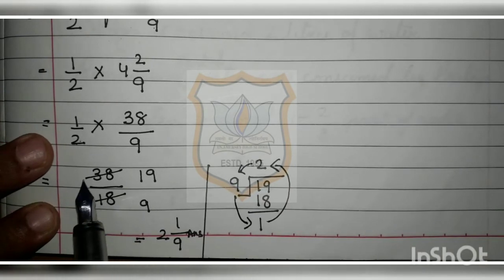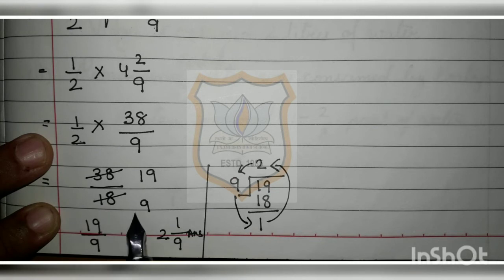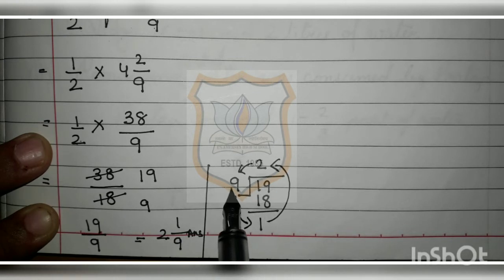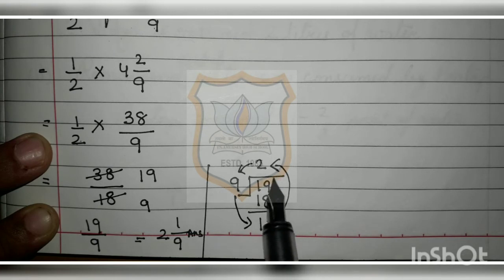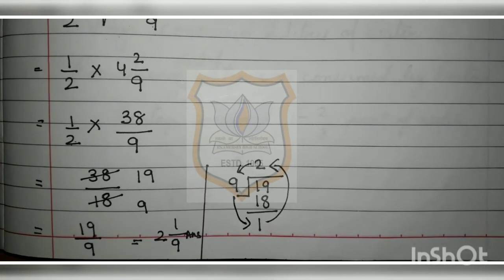Now we will cancel this 38 and 18 by 2. 2 19s are 38, 2 9s are 18. Now our improper fraction will become 19 upon 9. We will convert this improper fraction into mixed fraction by dividing 19 by 9 and rotating the numbers anti-clockwise. So our mixed fraction will be 2 integer 1 upon 9, and that is the answer of second part. Students, B part of question number 7, that you have to do it yourself. It is same as A part of question number 7.